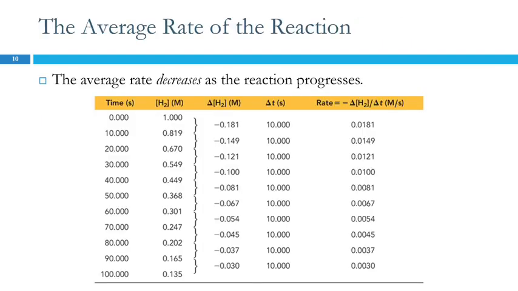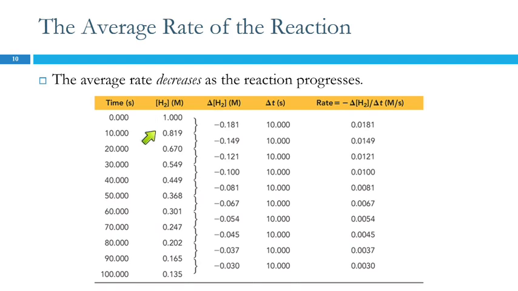So the average rate decreases as the reaction progresses because the rate depends on the concentration. As the concentration gets smaller, the change is going to get smaller, the rate is going to decrease. So here we have some data. At different times, they measured the hydrogen concentration. So if we want to look at the rate,